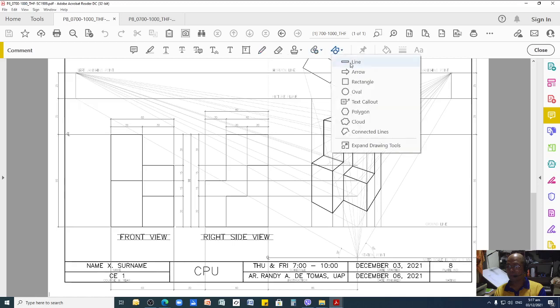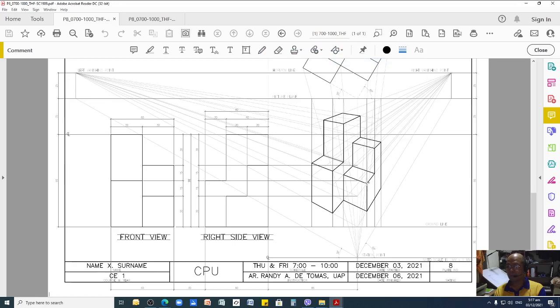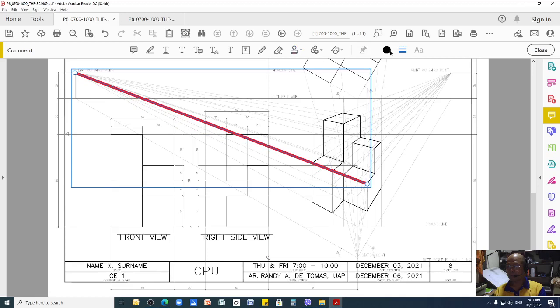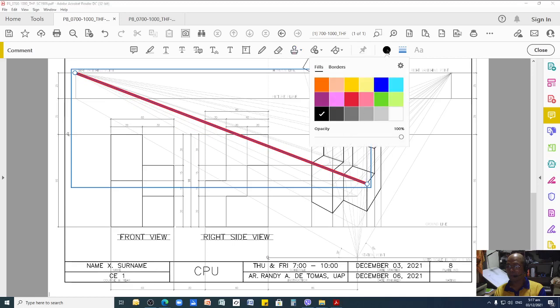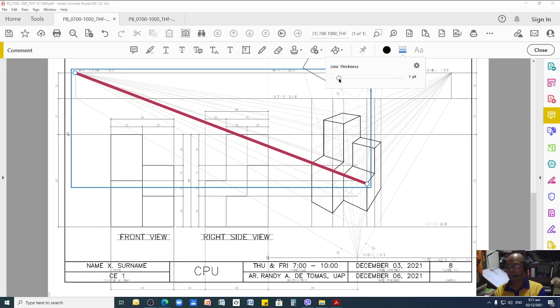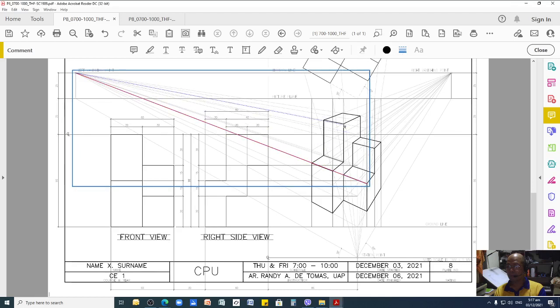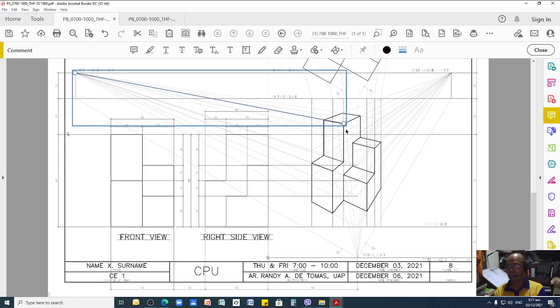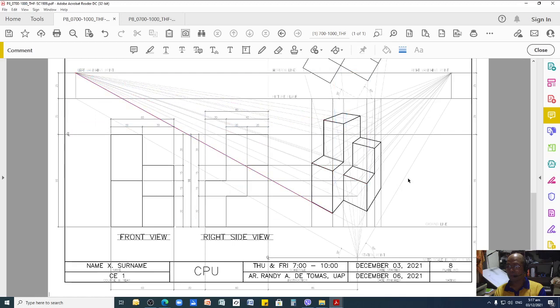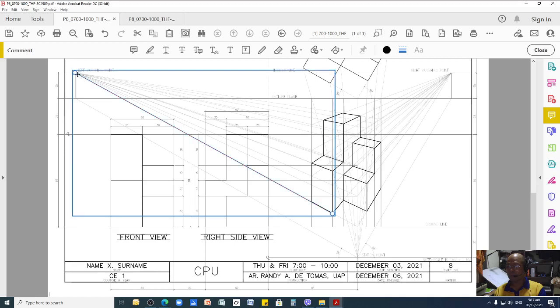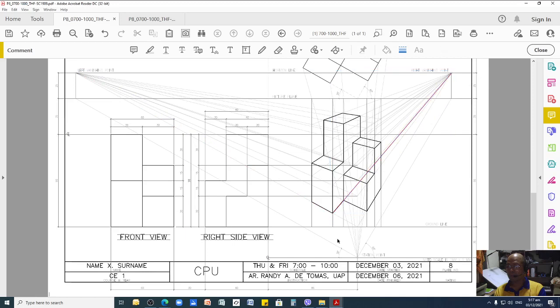So if I draw a line, for example, on this line, this is going to that direction. Let me make it thinner. Yeah, like that. So all those lines are projecting towards that direction. See? And then the use of your right vanishing point, it will be like that. So all the lines similar to the other side will go to that vanishing point.